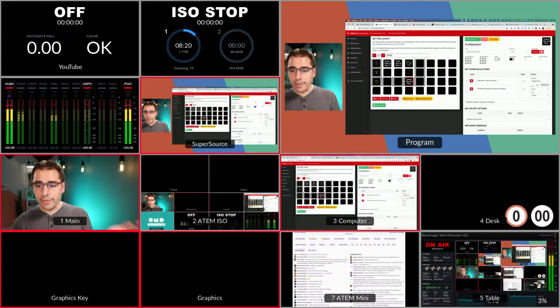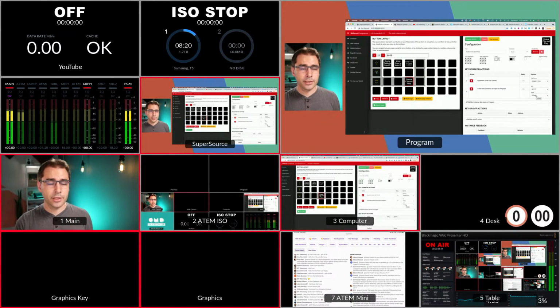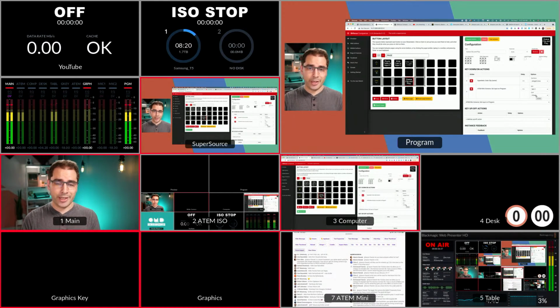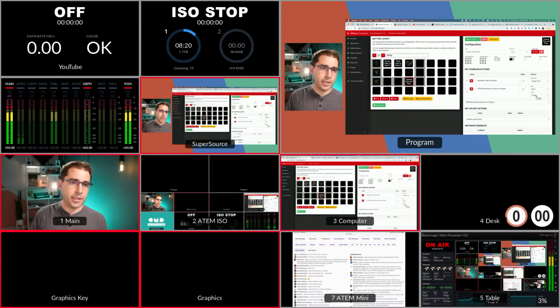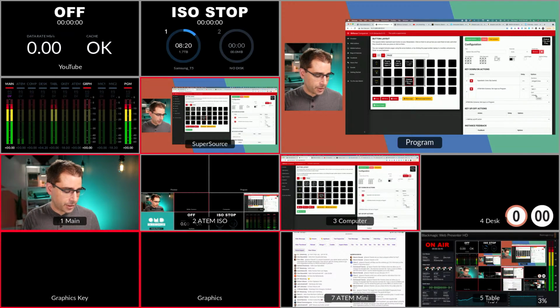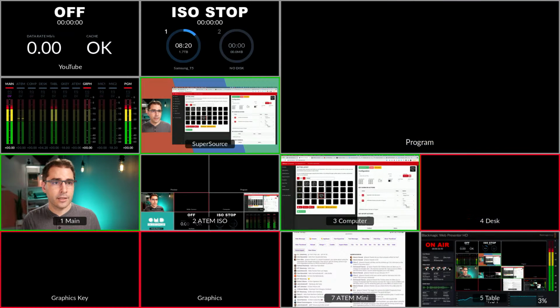And then it will switch to input 4, and it's going to change the program output on the ATEM to input 4, which will then start playing the clip. So because you're looking at my multi-view, we can actually do this. Keep an eye on the top right corner, which is my program out of the ATEM. And I'm going to press that button on my Stream Deck. And sure enough, it played the stinger. It loaded the stinger, hit play, and then went to that program. So